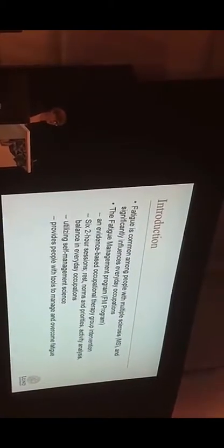It's estimated that about 80% of all people with MS have MS fatigue, and this can, of course, significantly influence their everyday occupations. The fatigue management program is an evidence-based program that is mostly used in North American countries, and only a few studies have been presented from Europe. Recently,